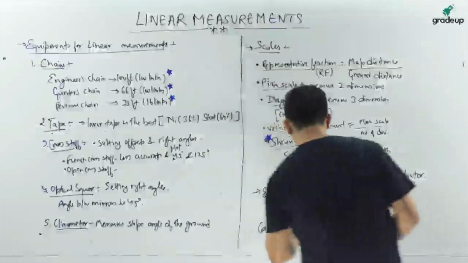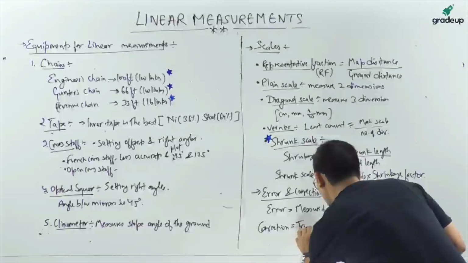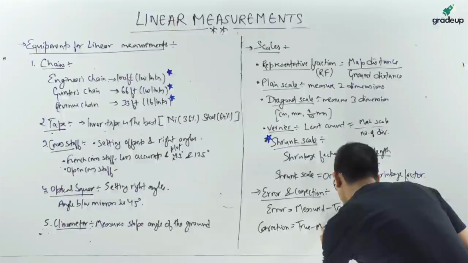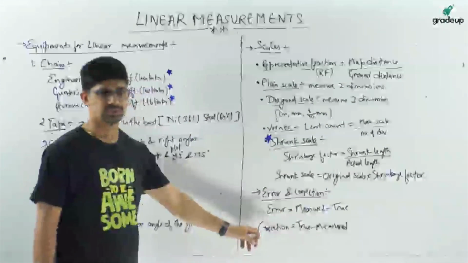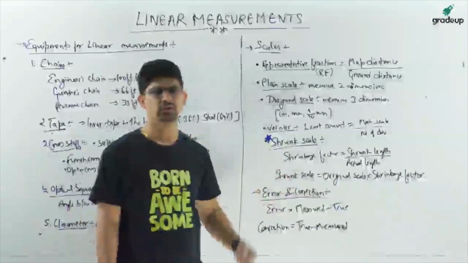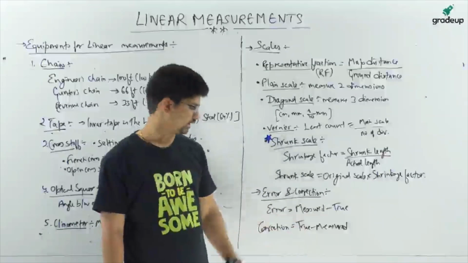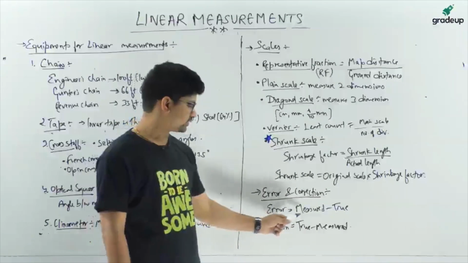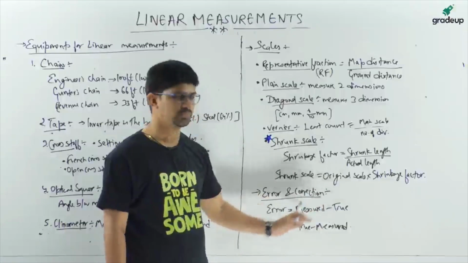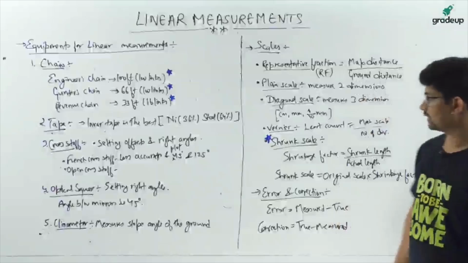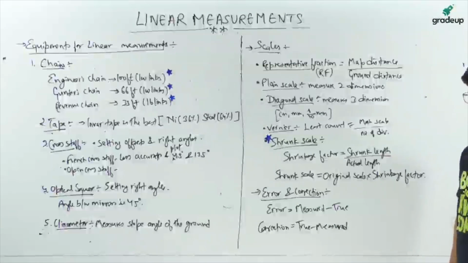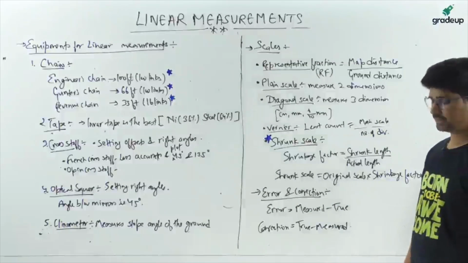Okay, so minus of error will be true minus measured. Please remember these two things. You can remember one and you will invariably remember the second one. If error is equal to measured minus true, correction will be the opposite of that, that is true minus measured. Please take a screenshot of this and we'll move to the most important part of this chapter, that is